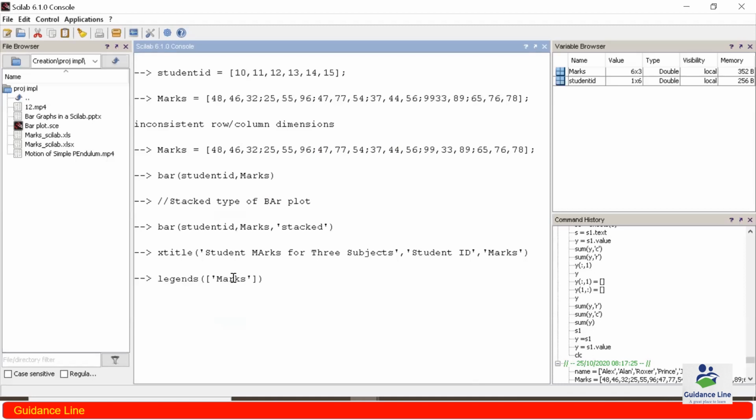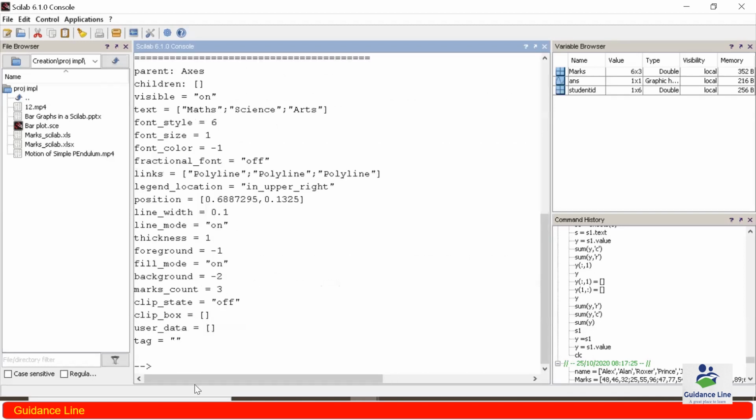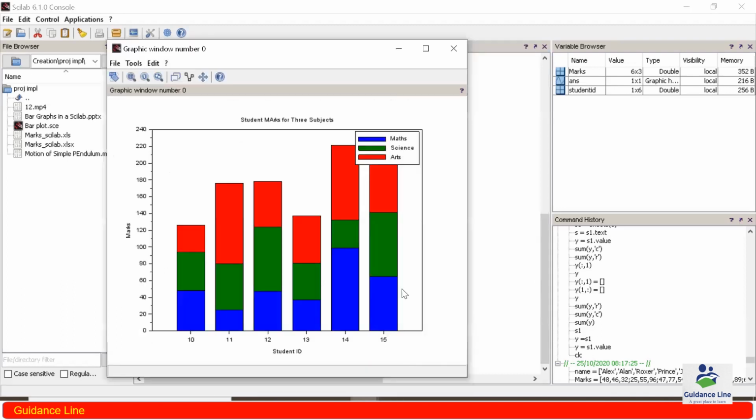So we have maths, then separated by semicolon we have science, then arts. Okay, so maybe legends is the wrong keyword, we have to write legend in place of legends. Okay, so now it is executing, and you can see we have a legend over here which represents red is arts, green is science, and blue is mathematics.